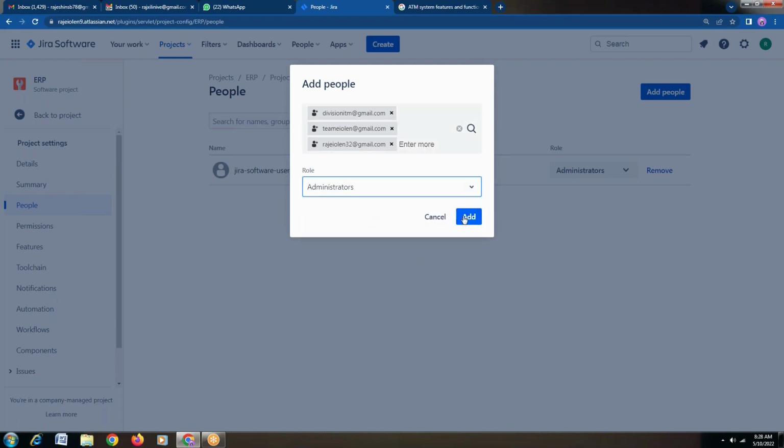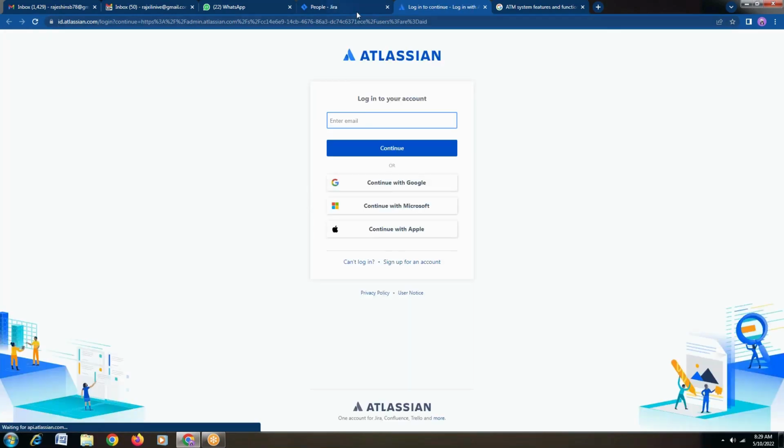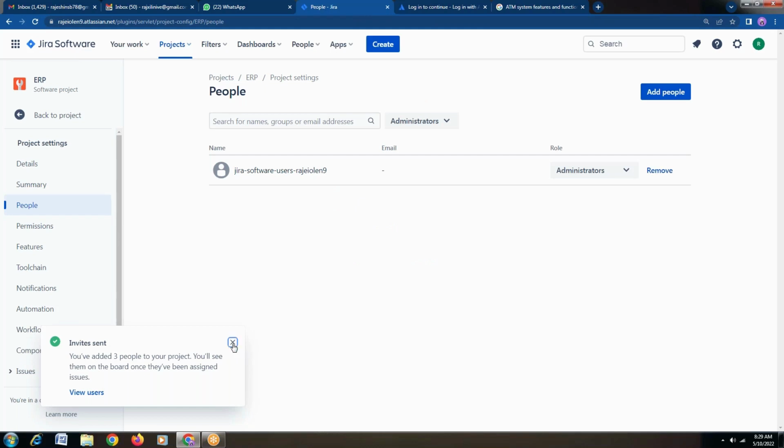Here, if I want, I can give administrator roles and everything, where I can add these people. So there is a possibility where we can add different people and everything here. If you want to see the users, we have an option where you can view users here. Just simply clicking on view, you can see the users and all that here itself. For that you have to make sure you log in first. Whenever you log in, you can see all the users. So that is one thing we can do.